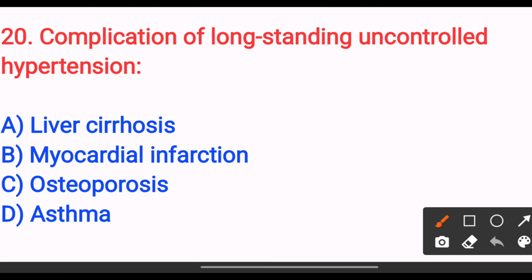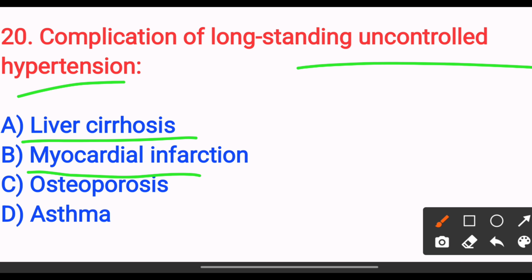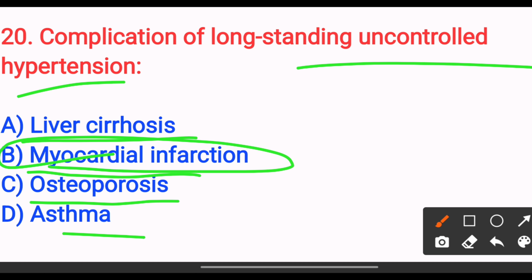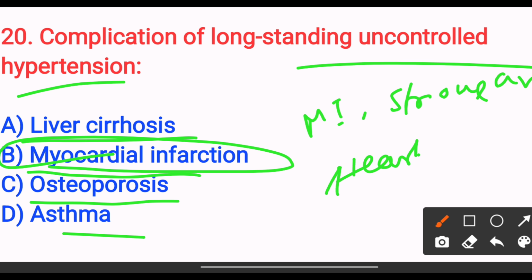Complication of long-standing uncontrolled hypertension. Option A, liver cirrhosis. Option B, myocardial infarction. Option C, osteoporosis. Option D, asthma. The answer is option B, myocardial infarction, because long-standing hypertension causes cardiovascular complications like myocardial infarction, stroke, and also it can cause heart failure. So the answer is option B. Next,